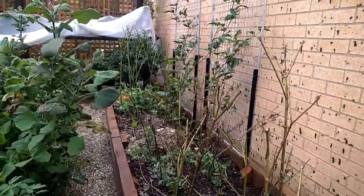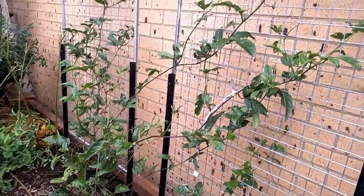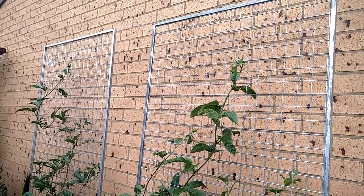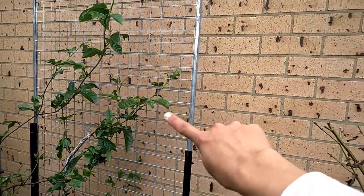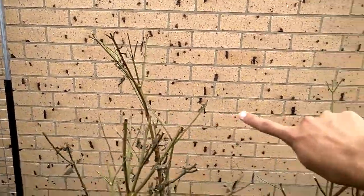Let me show you my passion fruit that I planted, I think 2 months ago. I don't remember now, but they're growing so much. Look at that, nearly all the way reached to that panel now. So from now, I will just try to get some more pallets and let it climb on this